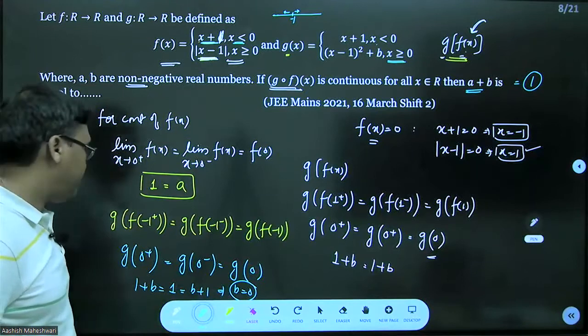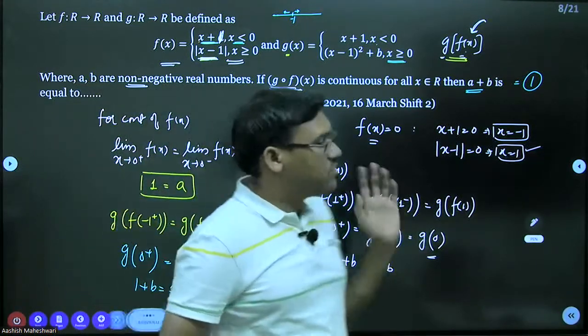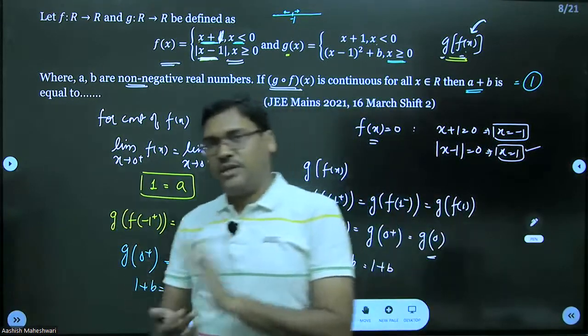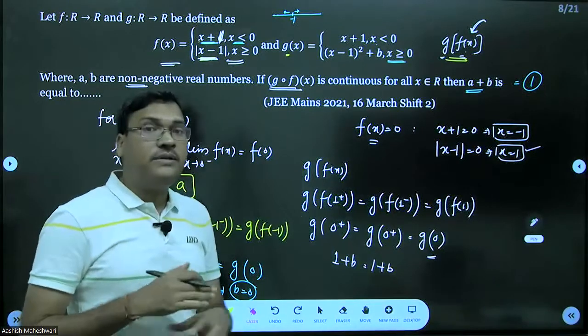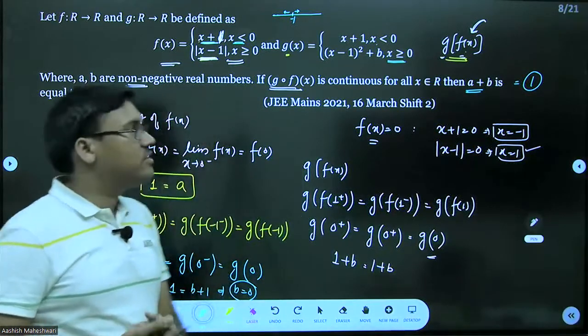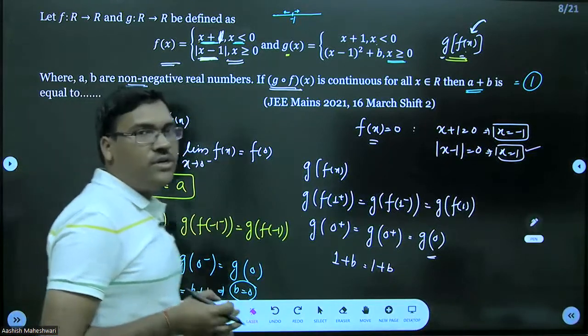सो आई होप दिस इज क्लियर, ठीक है। सो आई होप यू हैव अंडरस्टूड ऑल दीज क्वेश्चंस, कैसे आपने कंटिन्यूटी के क्वेश्चन सॉल्व किए। नेक्स्ट वीडियो में विल सॉल्व द क्वेश्चंस ऑन कंटिन्यूटी एंड डिफरेंशिएबिलिटी, कुछ डिफरेंशिएबिलिटी के क्वेश्चंस हम करेंगे नेक्स्ट सेशन में, ओके। सो दैट्स इट फॉर नाउ, थैंक यू।